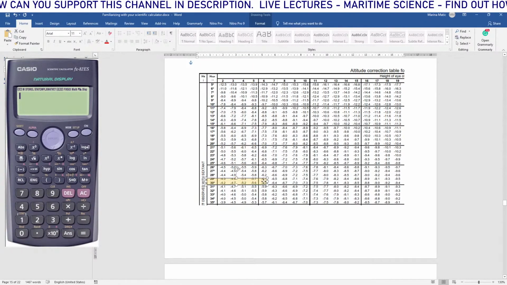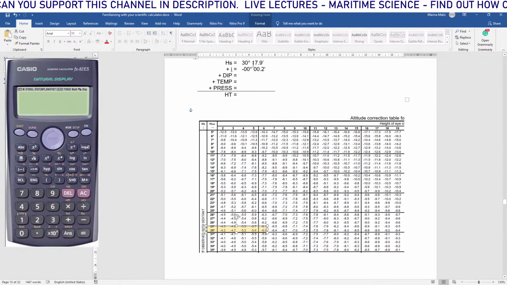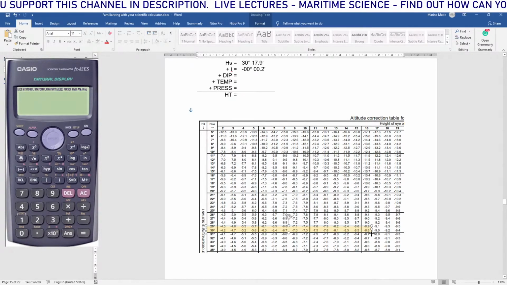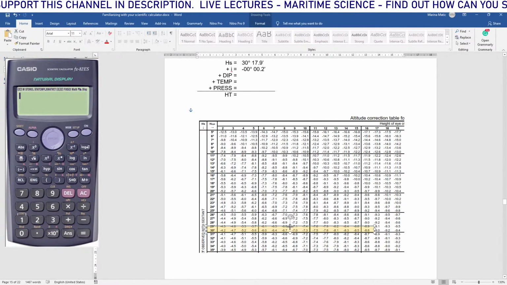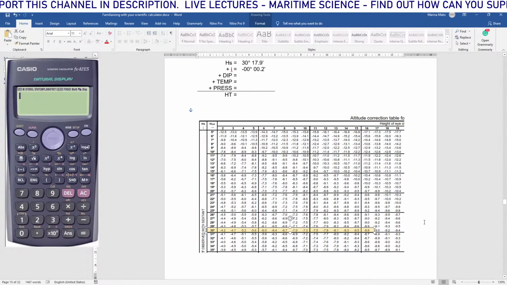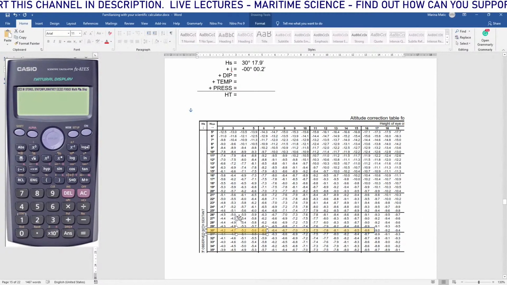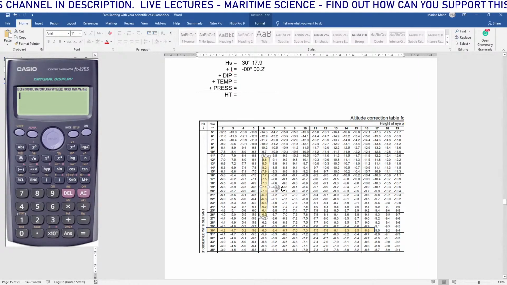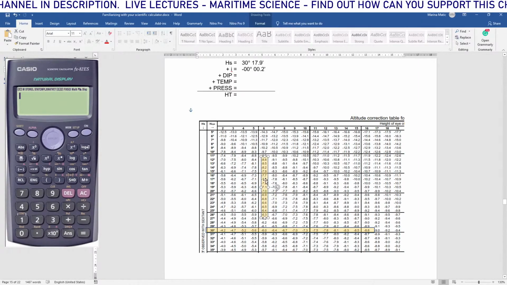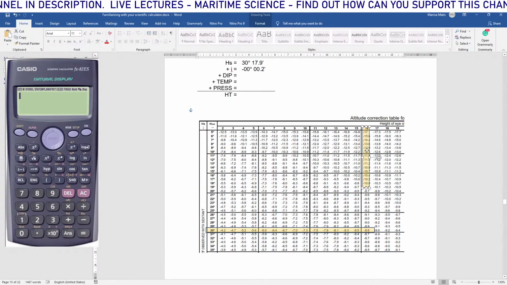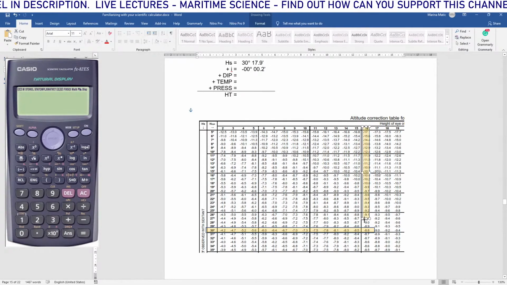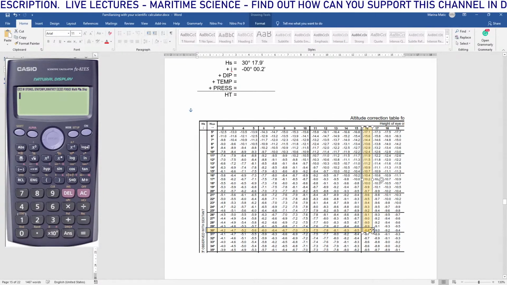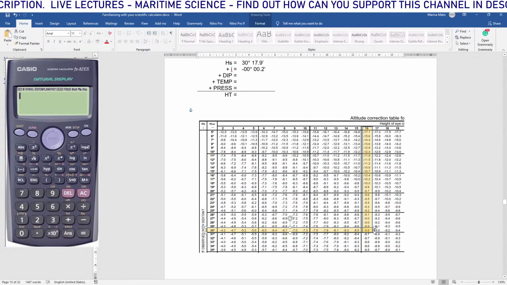We need 30 because our height is 30. Let's spread this all the way up to here, and I need one more. And this one is going to be like this. So 16 from the top, and where these two boxes intersect,